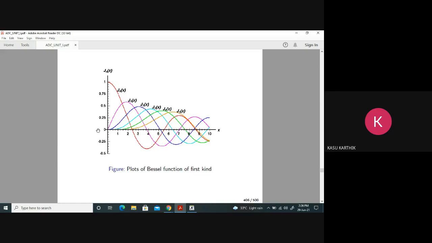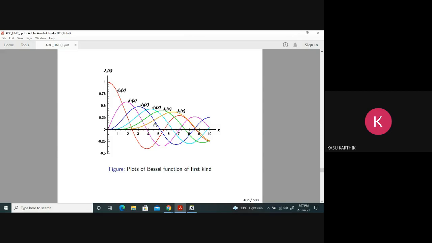Okay, in the same way, J1(x) is 0 when x is around 3.9, again when x is around 7, and again around 10. And J2(x) is 0 something like this. J3(x), J4(x), J5(x) are oscillatory in nature. All Bessel coefficients are oscillating in nature. It is decreasing, becoming 0, decreasing, again increasing, again becoming 0, like this. These are the Bessel function graphs.